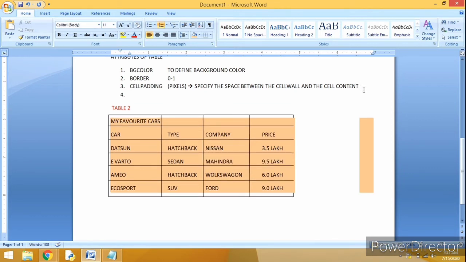One more, we have cell spacing. This is also written in the form of pixels. Now you are able to know what pixels are: the dots by which the characters or the image are generated.